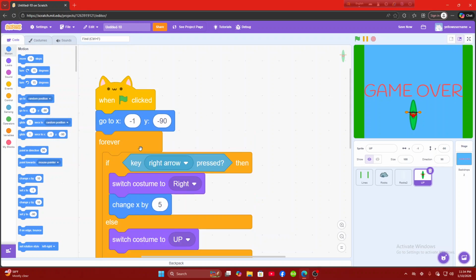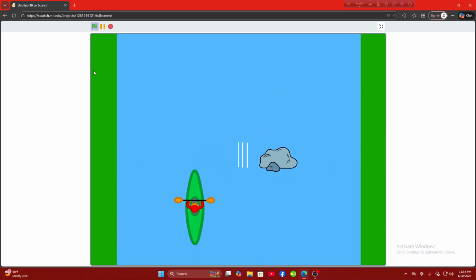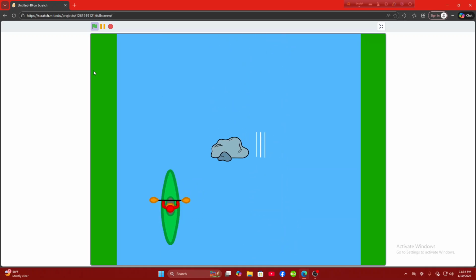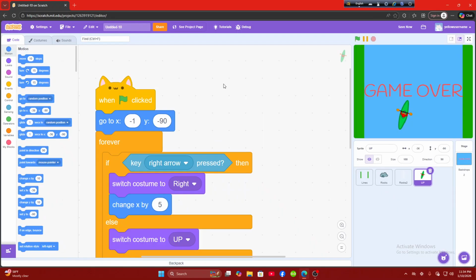Don't put this in a forever loop because it won't respond if we click the right arrow or the left arrow. Okay, now let's see. Yes, it's looking good. Yeah, guess it is really looking good,